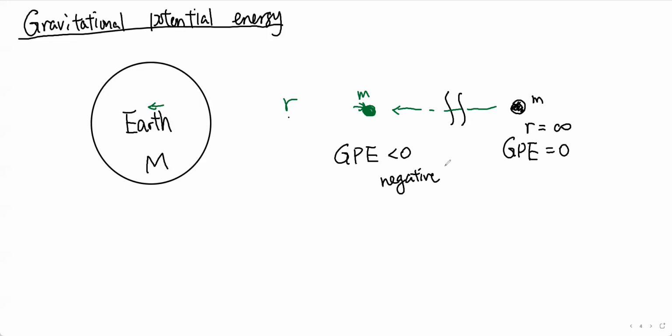So GPE decreases from 0. At infinity it is 0. If it's less than 0, where does the KE come from? You push the small m a bit, let it move towards the Earth a bit. Otherwise, I can't give you this story, because if you're talking about the objects,